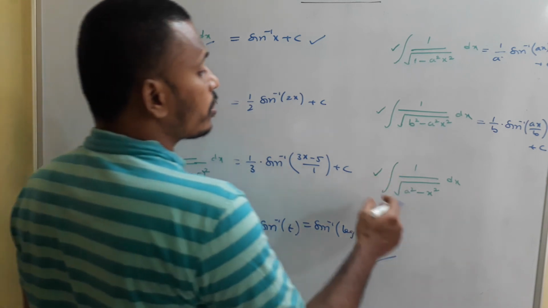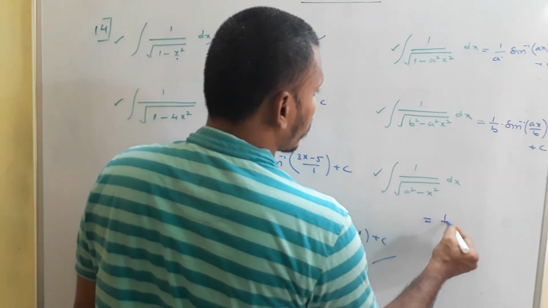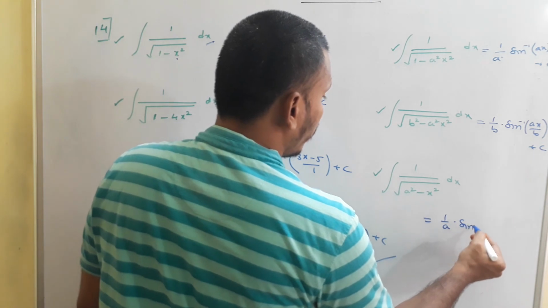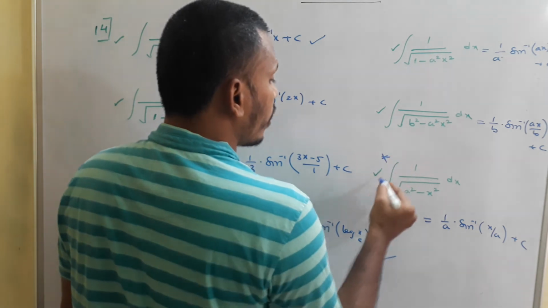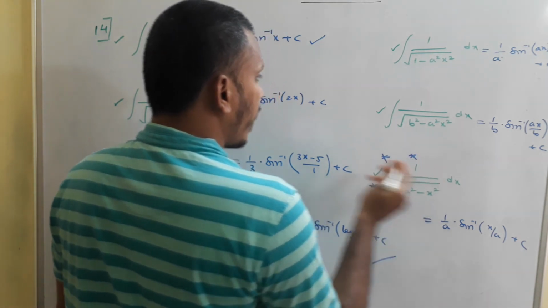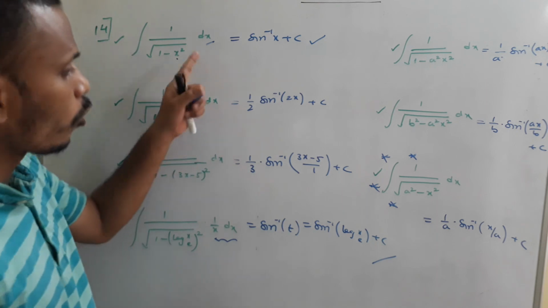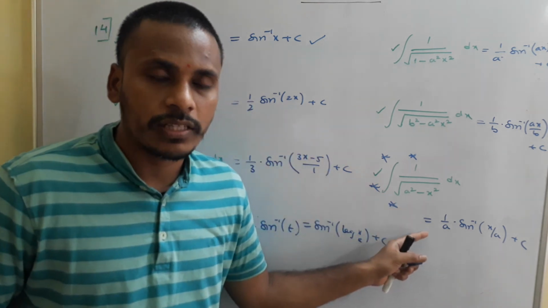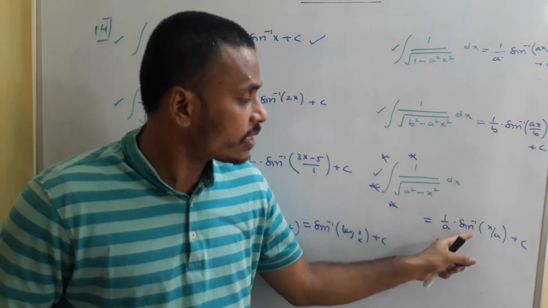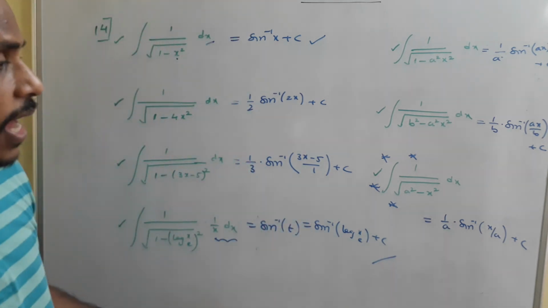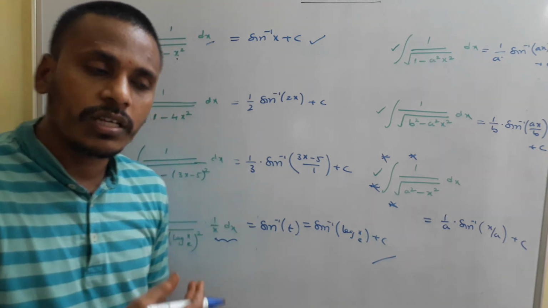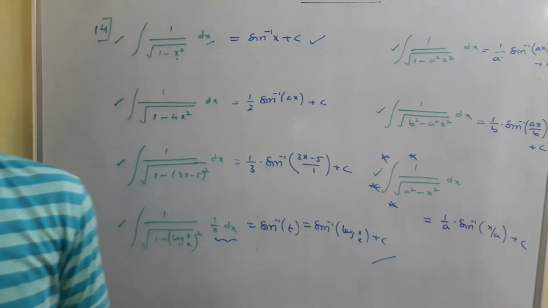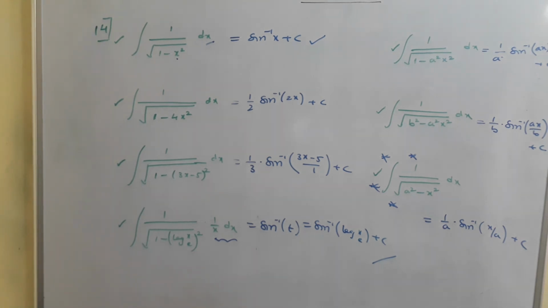And now when you think about this integral 1 by root a square minus x square dx, this can be written as 1 by a into sine inverse of x by a plus c, and this is very useful. At the end I just tried to explain this particular rule, 1 by root a square minus x square as 1 by a sine inverse x by a plus c. Have a look. As I said, it is easy to answer similar types of questions along with cos inverse x and tan inverse x and everything. Just observe everything. So we have different simple problems on the board.